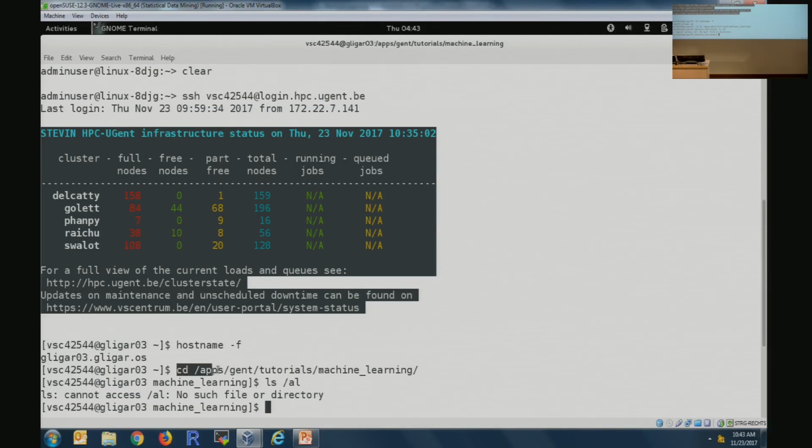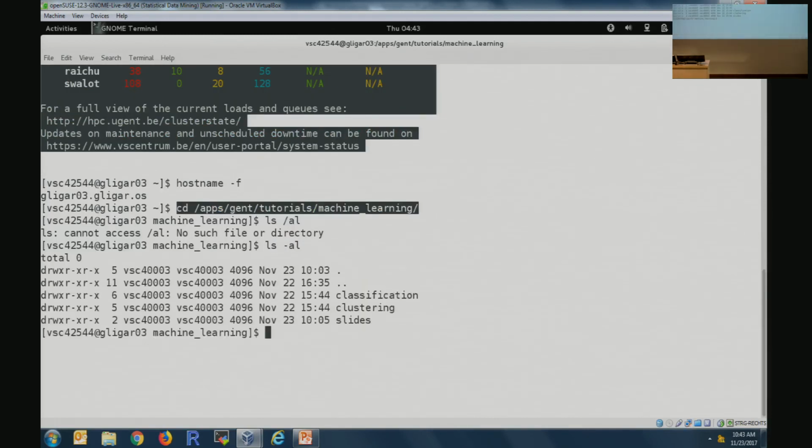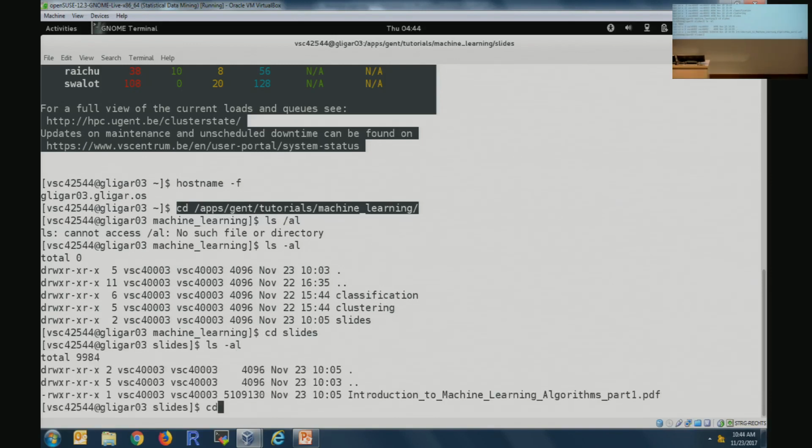If you're there, try to get into this interesting directory, because it will be our directory for the tutorial, right? You will find the data, the models, viewers, and so on, that we will use throughout the tutorial. They are a little bit different between classification, that we will mostly tackle tomorrow in practice, so we go today into clustering. And here are the slides that I will upload, or that Kenneth is actually uploading in the lectures, so you can see them here. This is the first lecture that we have now.